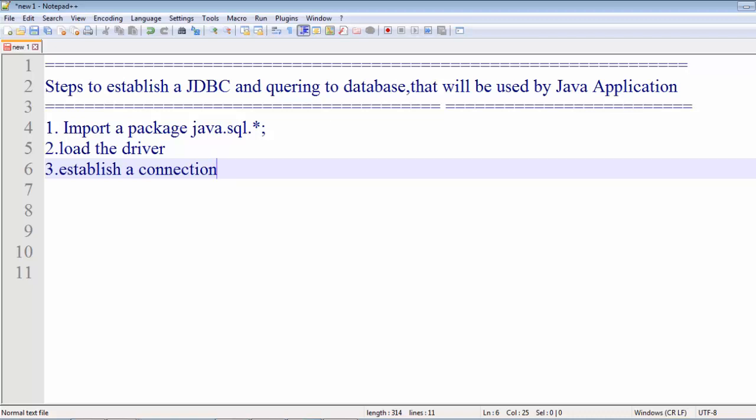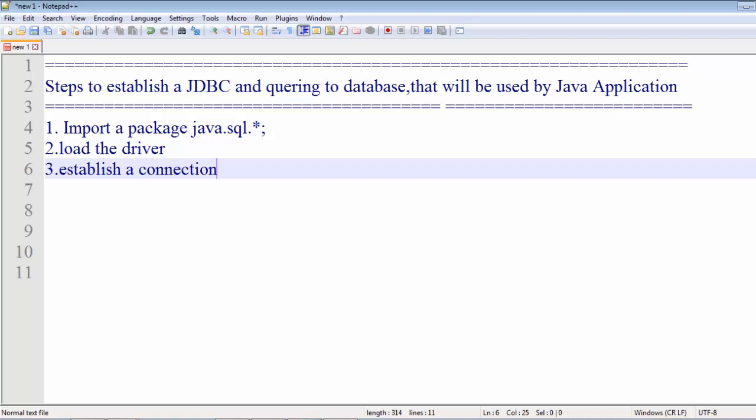Connection is an interface in JDBC, so a reference to this Connection interface will be created, and with the help of the DriverManager class, we will call the getConnection method that will return an object of the class to which this connection reference will point. We'll see later how it is processed.